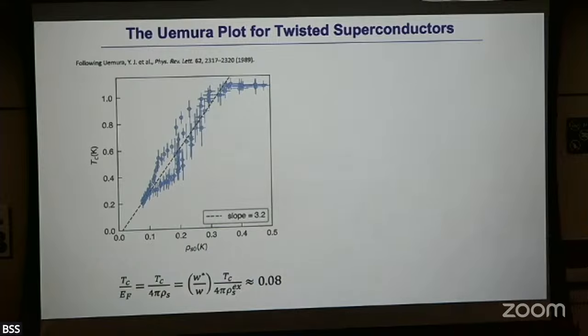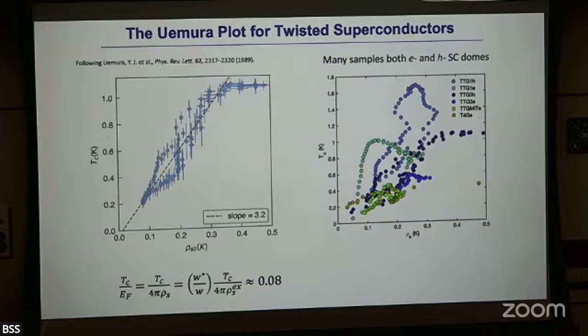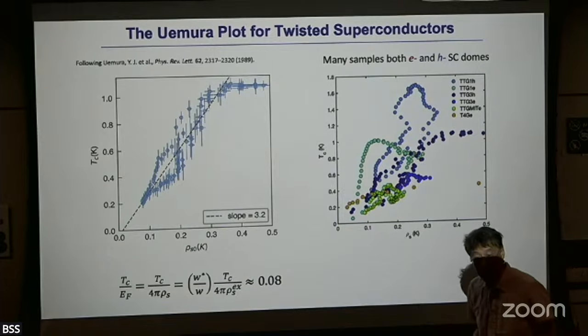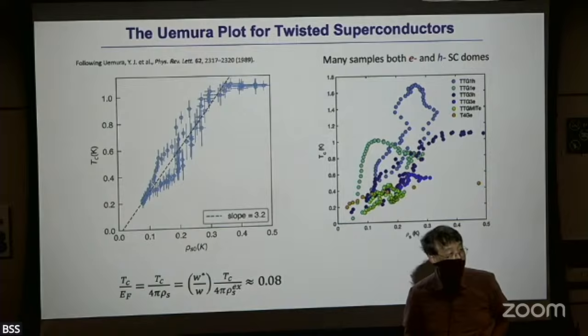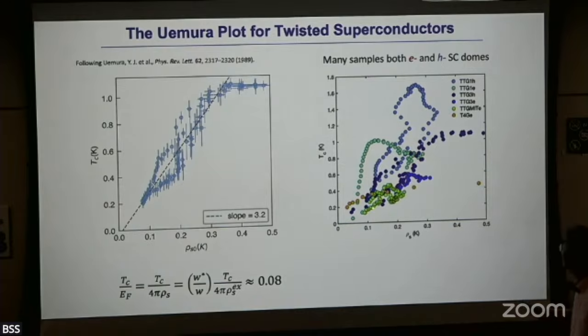In fact, this behavior itself is rather robust across different samples. I briefly showed it last time at the end of my talk. We measured many different samples in a similar way. Of course, the data I showed you is from one of the best samples. If you plot the other samples in the very similar way, they spread out, but nevertheless the important part is they more or less follow a very similar trend,